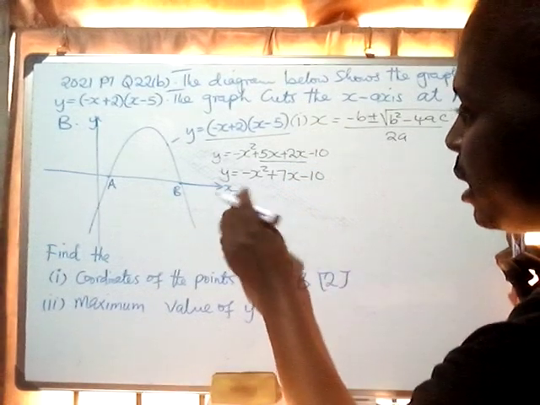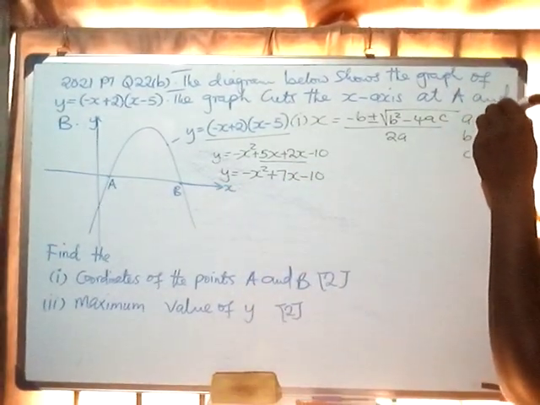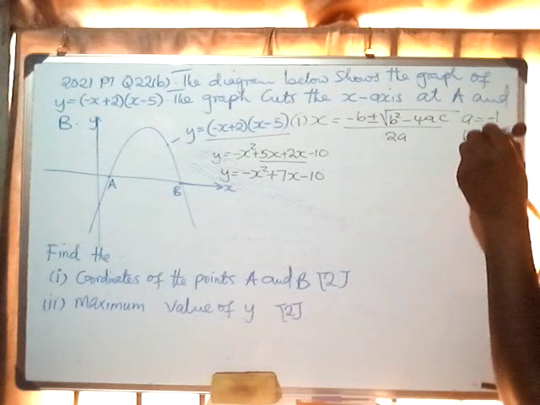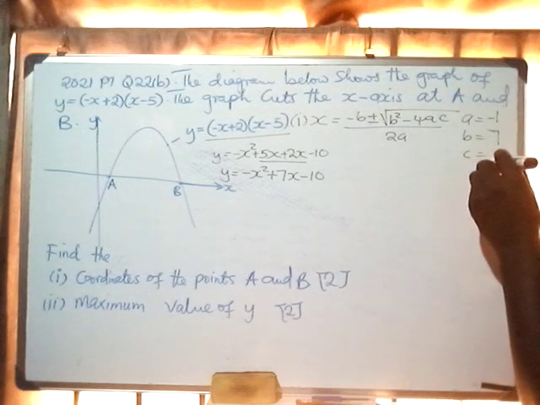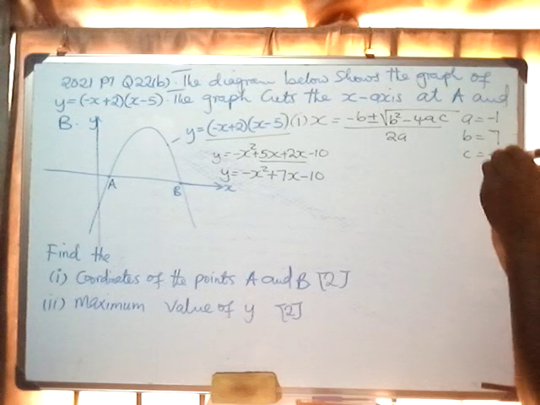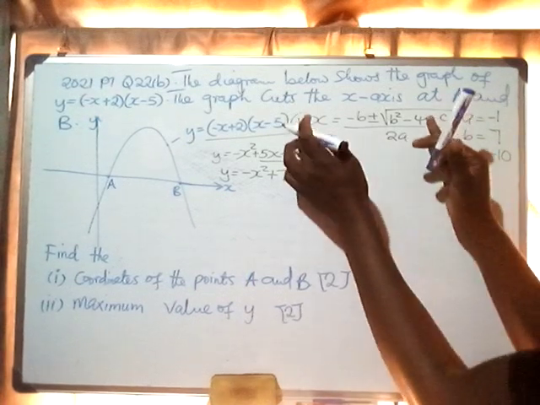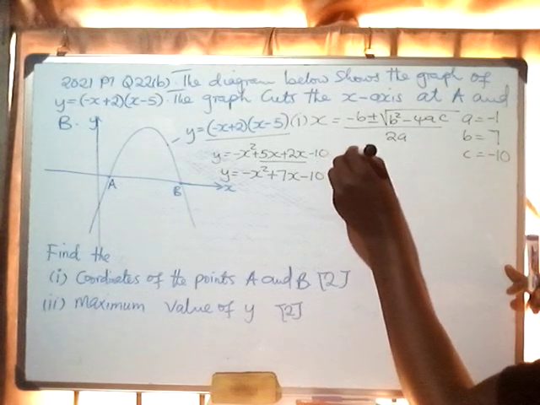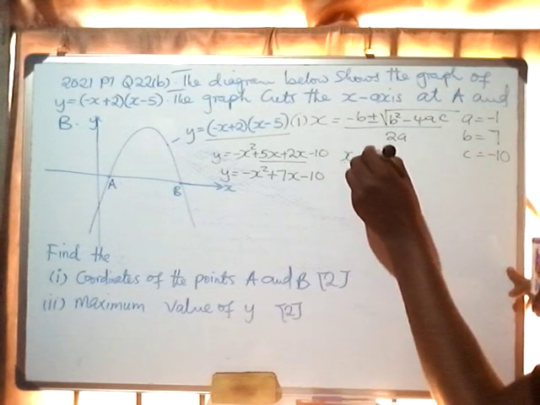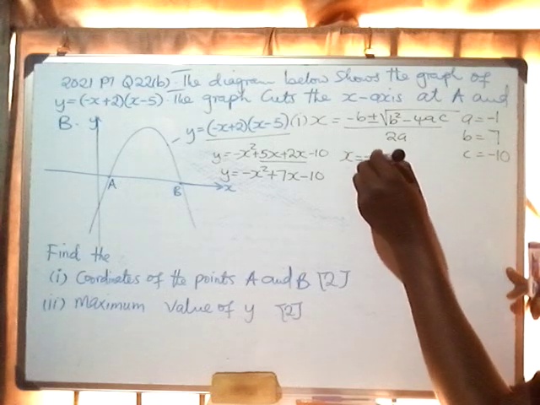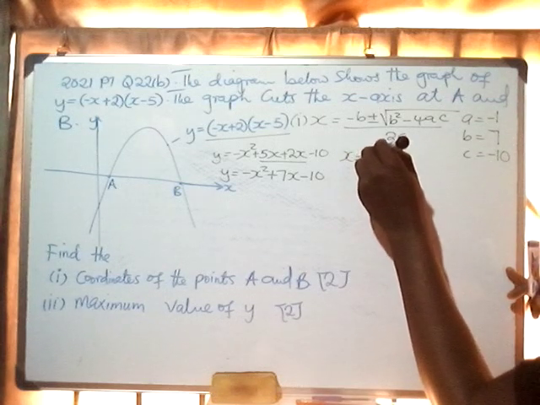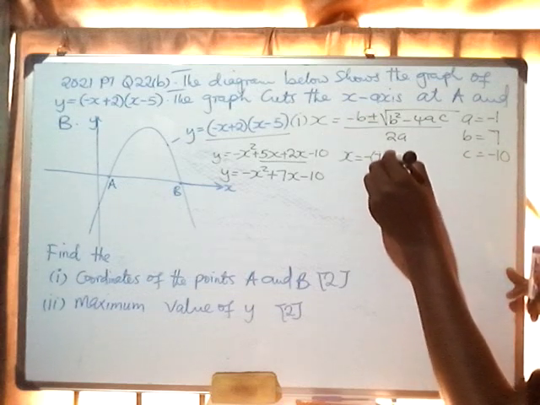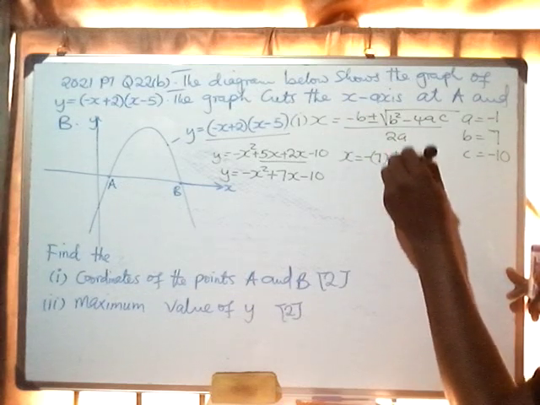Which one is our a there? Our a is negative 1. What is our b? Our b is 7. And our c is negative 10. So now we are going to substitute. So we are going to have x is equal to negative 7, because our b is 7, plus or minus the root of